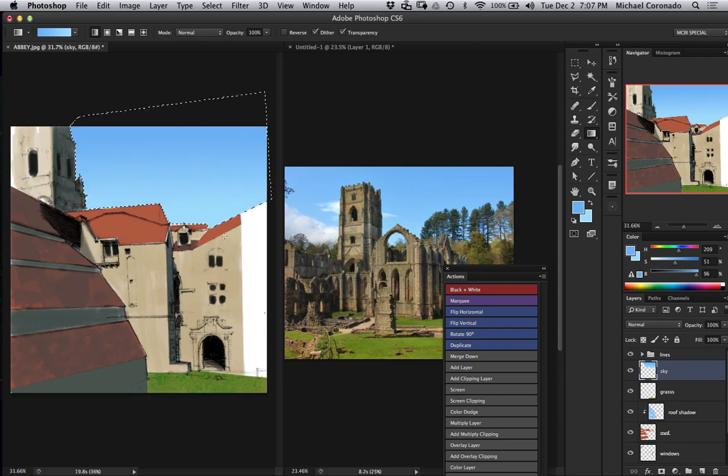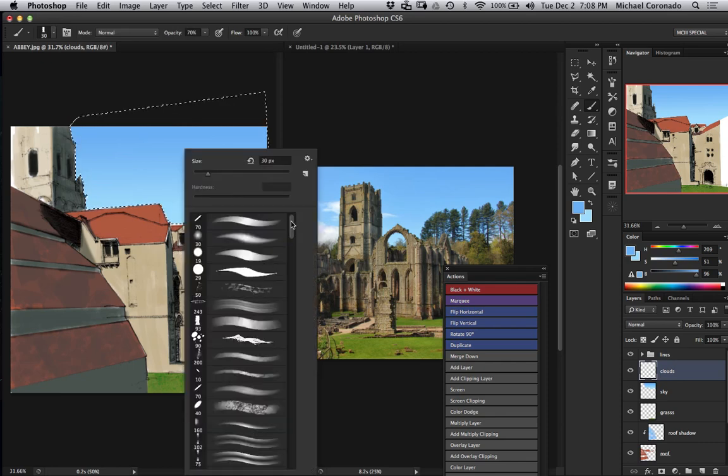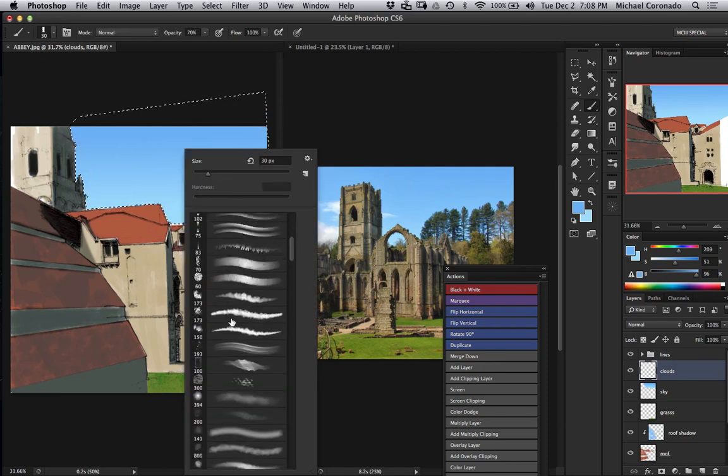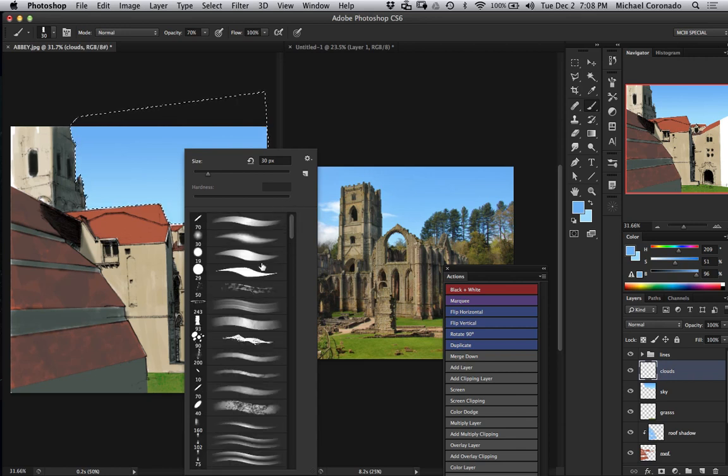That's pretty close. And I can add a new layer with the same selection and just type in clouds. And if you have my brush pack that I sent y'all or that you downloaded, you can select this brush. It's 173. It's pretty close to the top. If you just scroll down a little bit,